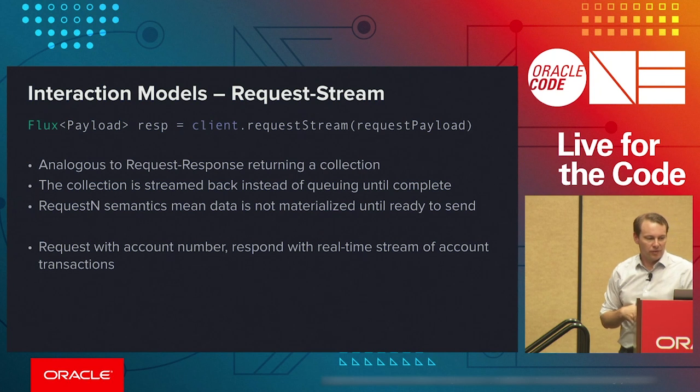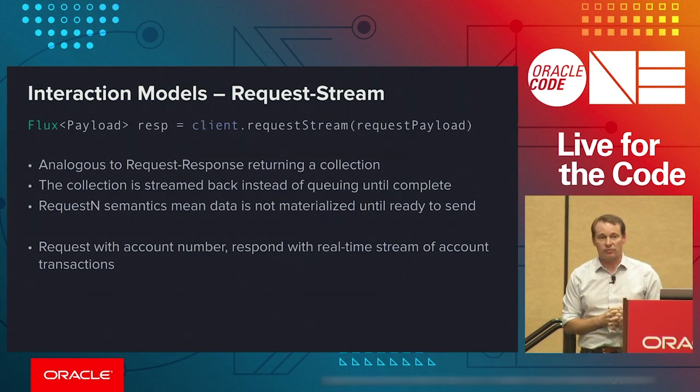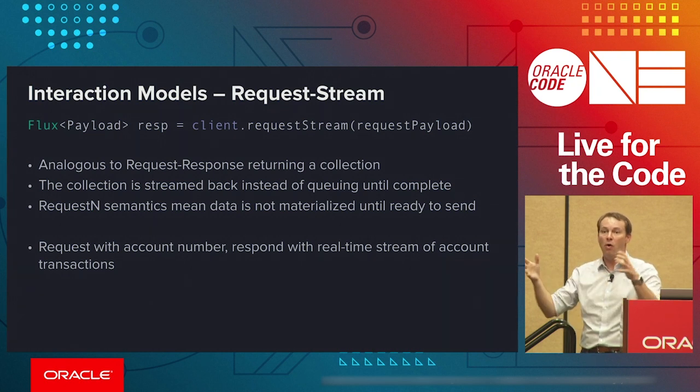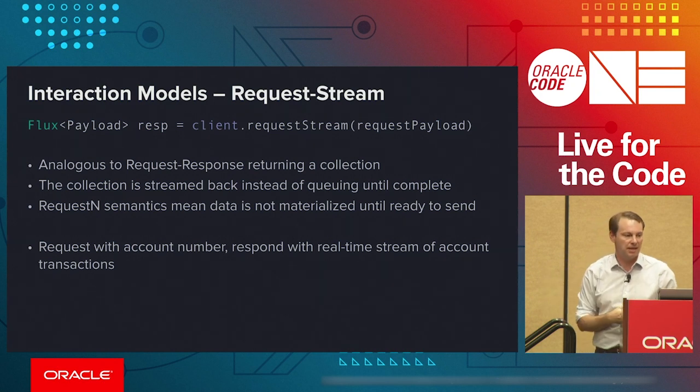We have the request stream interaction model. So it's analogous, as we said, to the request response that we saw a little bit earlier. But on this side, what we're going to do is stream back the collection of data. So rather than you going and getting me all of the persons, like I want you to query for something and you give me all of those in one go, it basically just sends back a stream. Think of it like an event stream, but with data in it instead. It's going to start handing back whatever these payloads are.